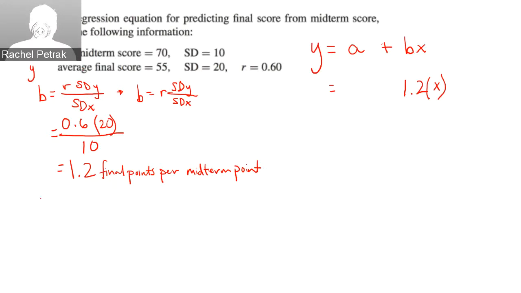To find the intercept, we're going to take our average final score minus the slope times the midterm score. So that would be our average final score